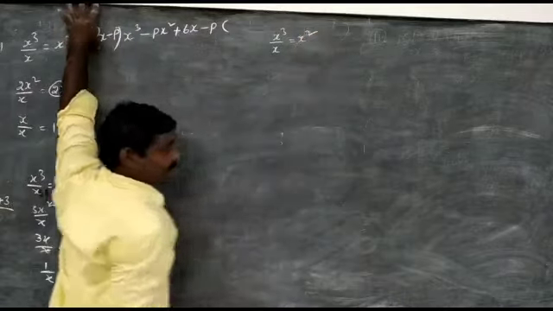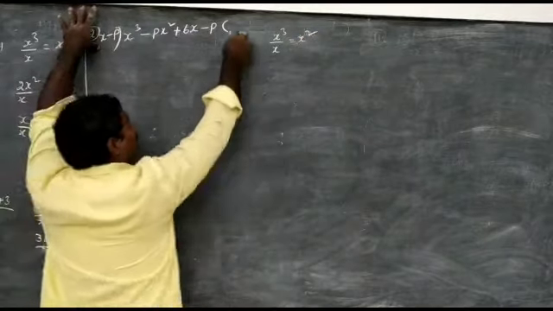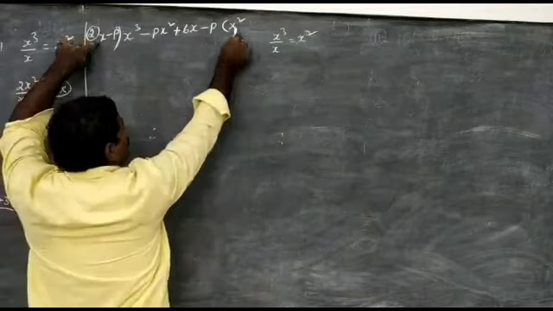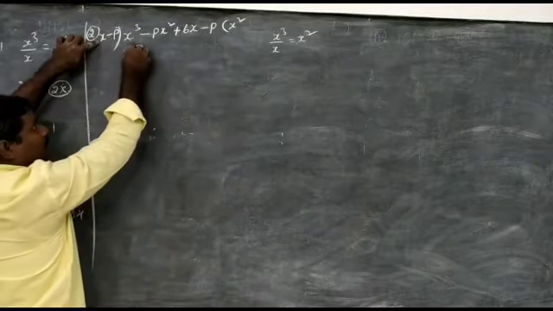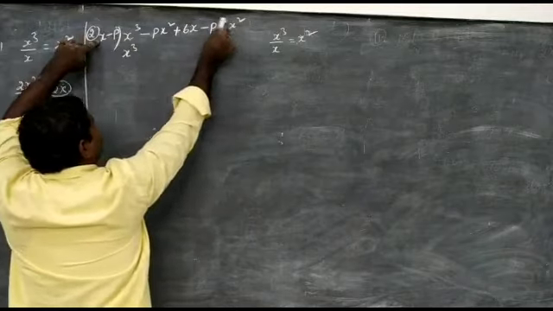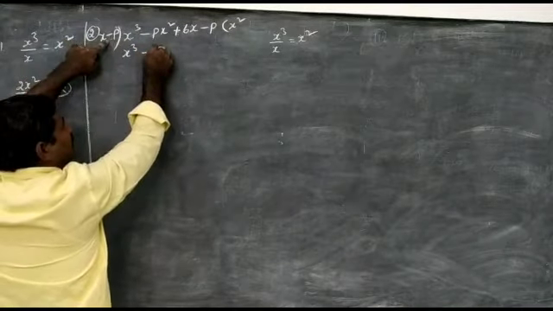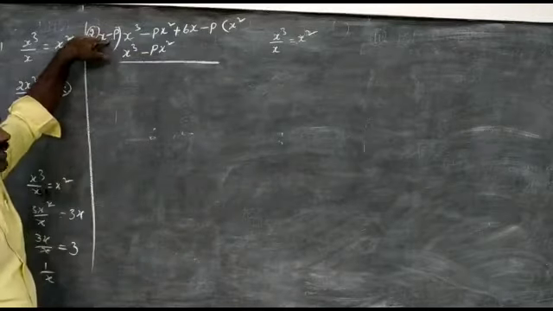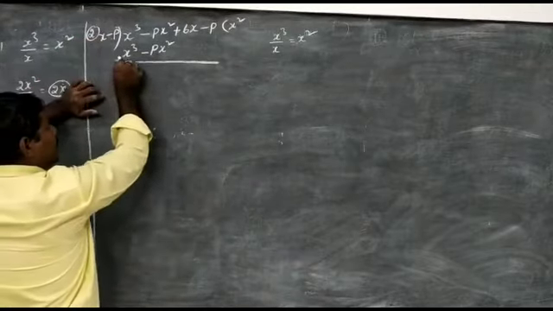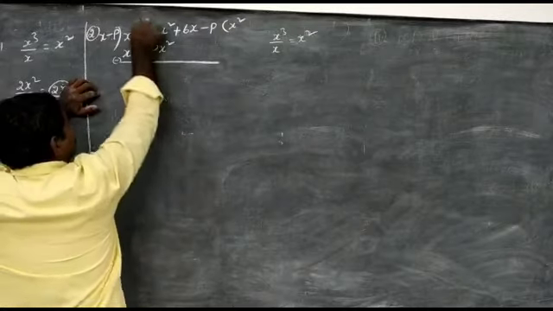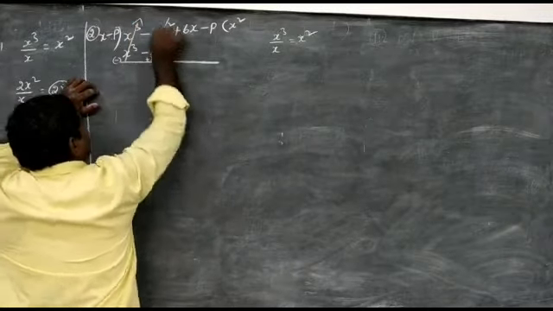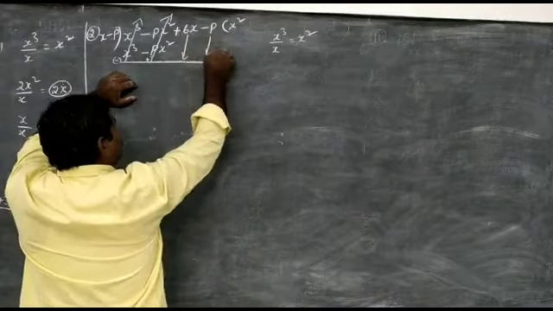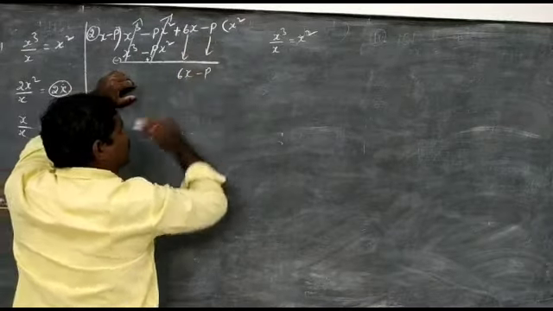Now we get x square, x cube by x is x square, right here in quotient. x square into x is x cube, x square into minus p is minus p x square. Now subtraction, symbols will be changed, same terms, different symbols cancelled. Now next terms are 6x and minus p.